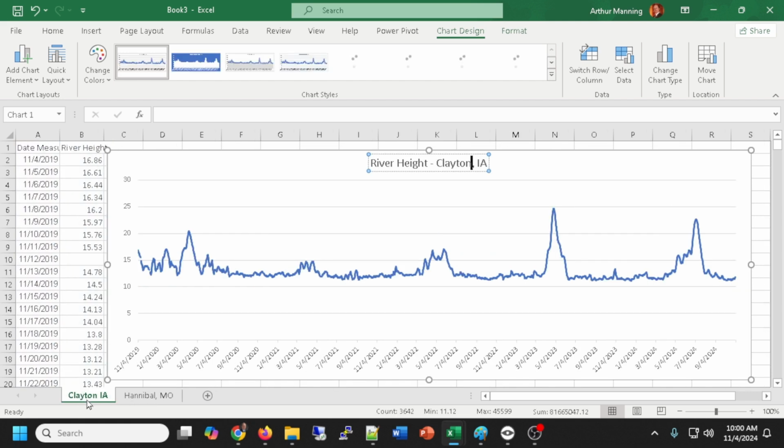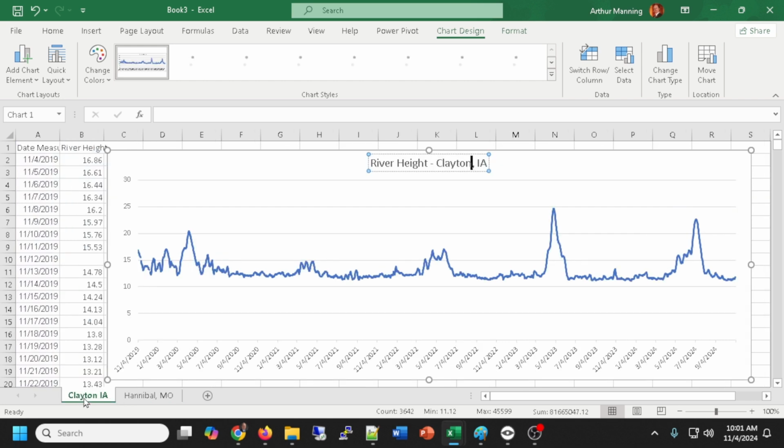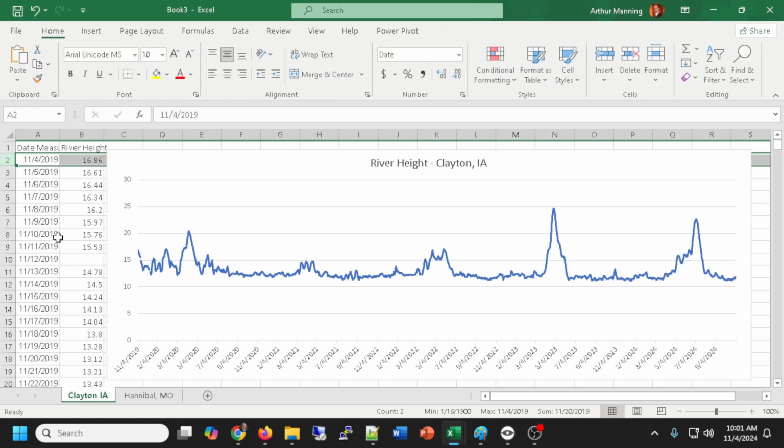I guess I can shorten the data in the Clayton, Iowa one back to only include data starting at 11/5/2021. I hadn't realized that Hannibal didn't give us data back in history far enough. Well, that gives us a new problem here. Let's see what happens if I delete data. Will it fix my chart? Let's see if I can delete that one year's worth of data. I'm going to select that row, scroll all the way down to